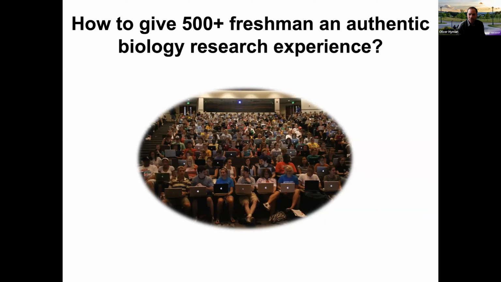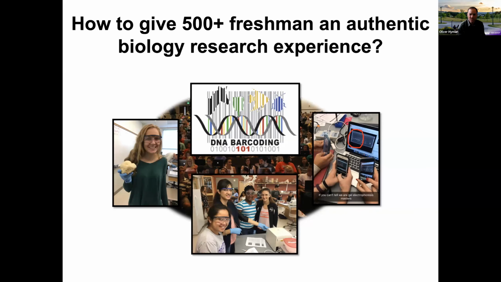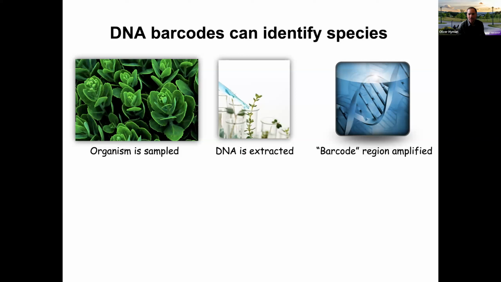And this is something that we really wanted to try, given all the benefits that we've heard about here at JMU. And the model that we came up with to do this was using DNA barcoding. So a little quick background on DNA barcoding. Basically, it's a technique that you can use to identify species or any piece of biological material to the species or genus level, taxonomically speaking. The way it works is you sample an organism or some piece of organic material that you can extract DNA from. Once the DNA is extracted, you can amplify it through PCR, looking for a specific barcoding region of the genome.